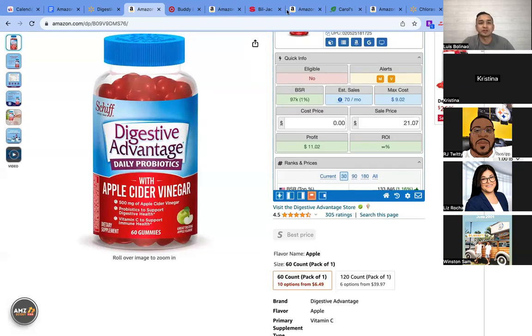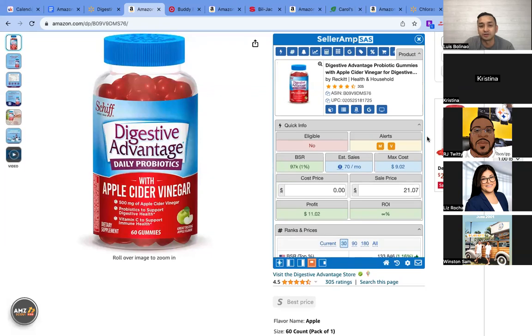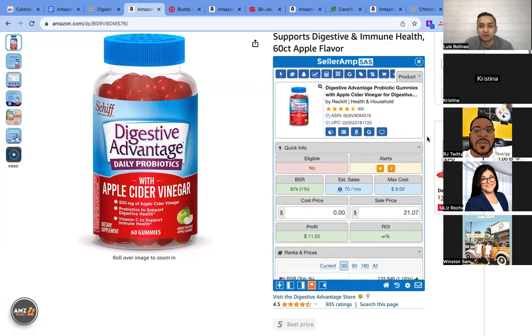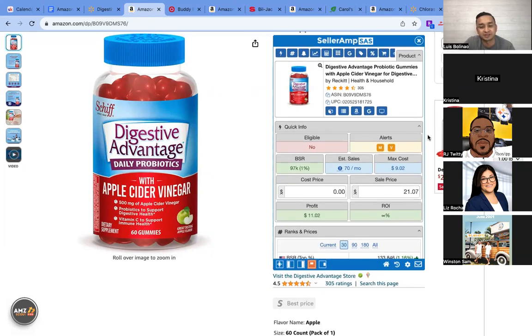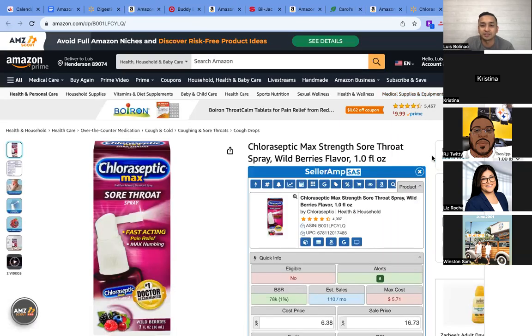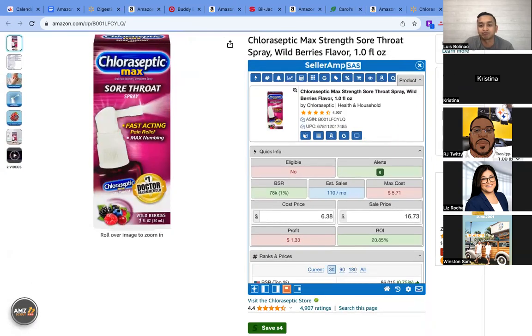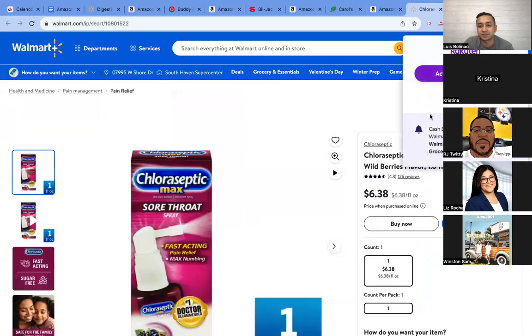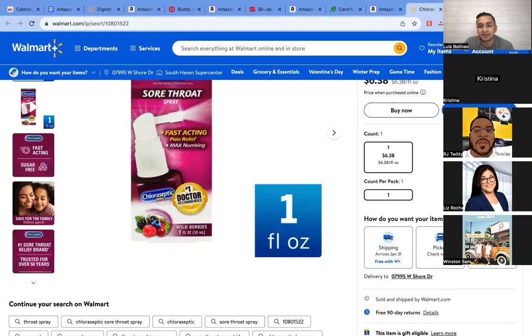All right, product research, right? So this is the main skill set you guys need to learn when selling on Amazon. And I feel like once you learn this really well, you're gonna have a business, because this is the main skill set. I want to say this is like 90% of all of Amazon selling. So what we do is we look for products that have a difference in price, and that way we can monetize it. So I picked some examples for you guys, and then I'm going to show you guys